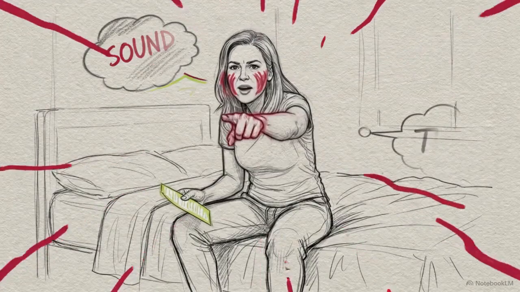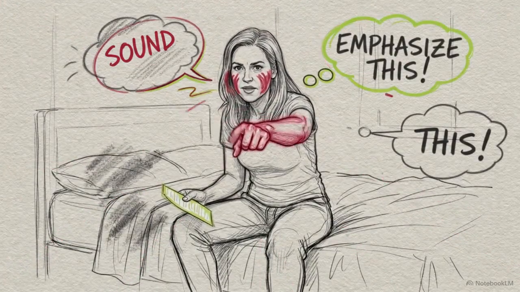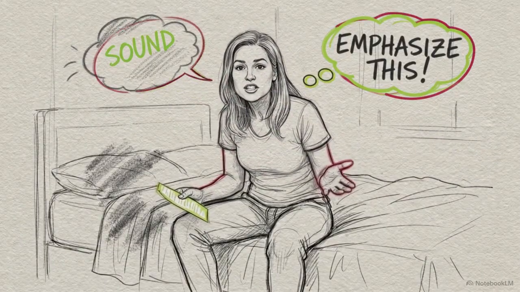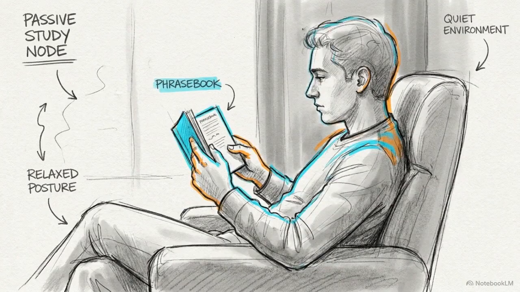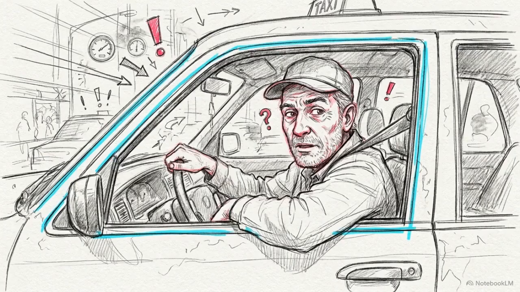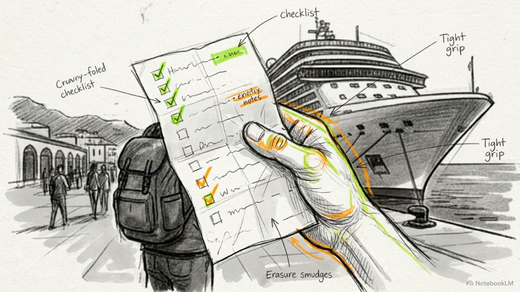You isolate your 10 phrases and say them out loud. Passive reading creates recognition, but out loud speaking builds the muscle memory you need. Phonetic rehearsal is critical. There's a wide gap between reading a word in a quiet room and producing it while a taxi driver is waiting for your answer. Approach your shipboard prep as a tactical rehearsal, ensuring your delivery is automatic before you ever step onto the pier.